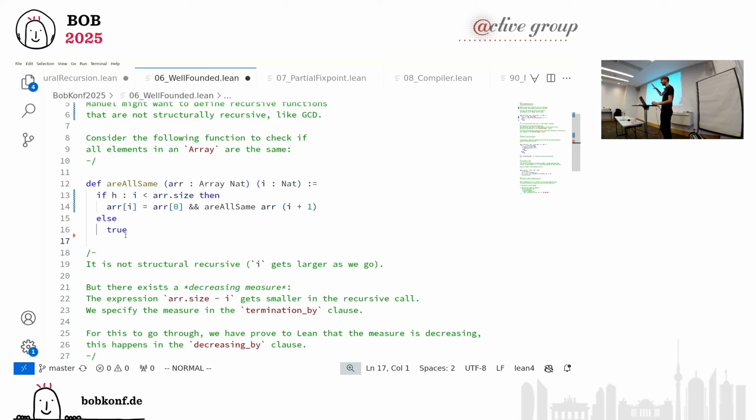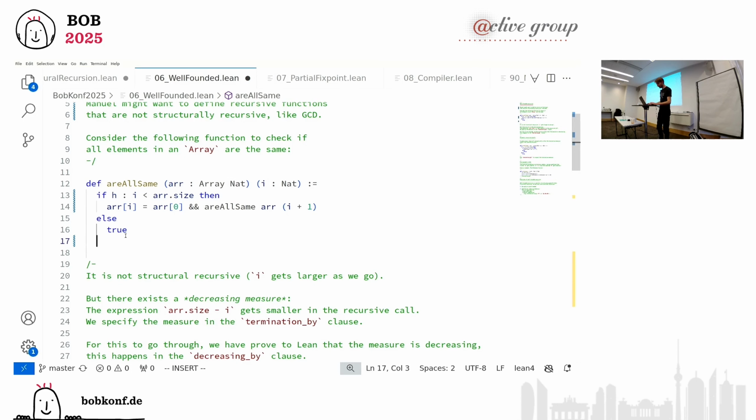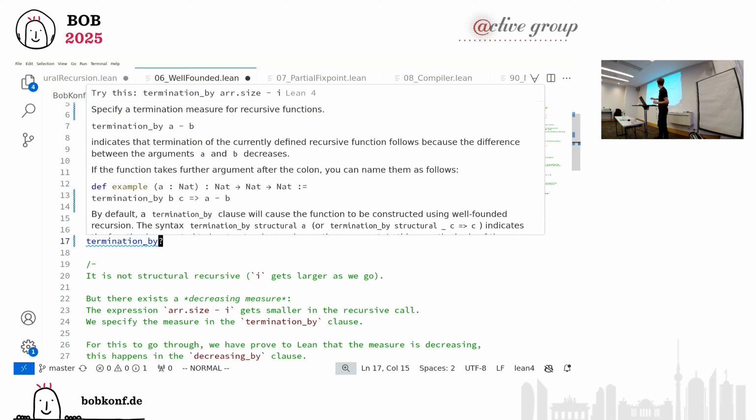This is quite a neat trick, because it wouldn't be so surprising to find a termination measure that happens to be one of the parameters, but it's finding a relatively complex expression. We can actually check that it really finds this one. So we can ask which termination measure did you find, and it finds the one that we gave.